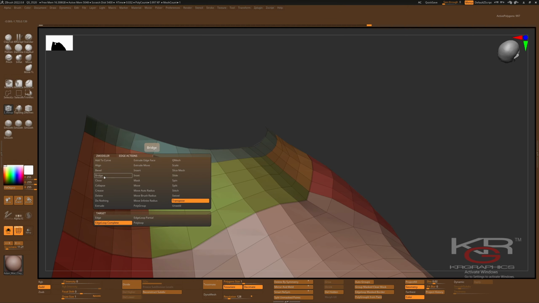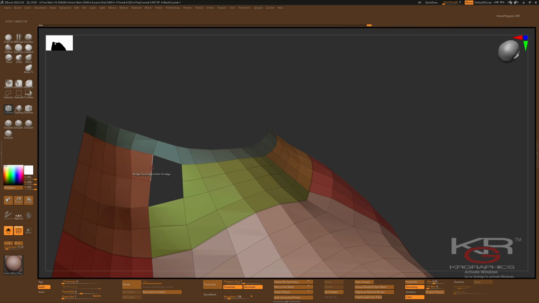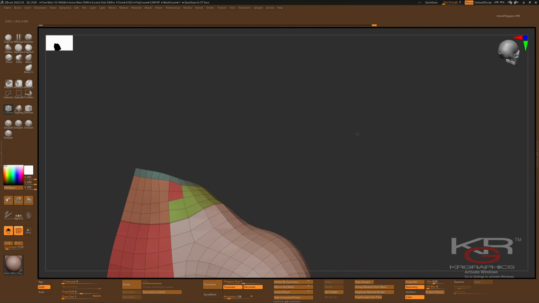And the next step, I'm going to use a bridge tool. Like, I cannot believe I turned this into a topology tutorial. It's out of ZBrush. This is great. Okay, so we go ahead like that. And we need to remember